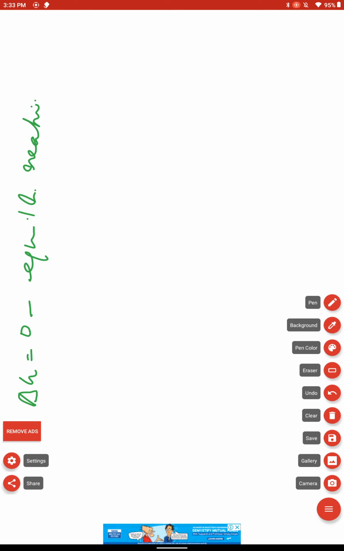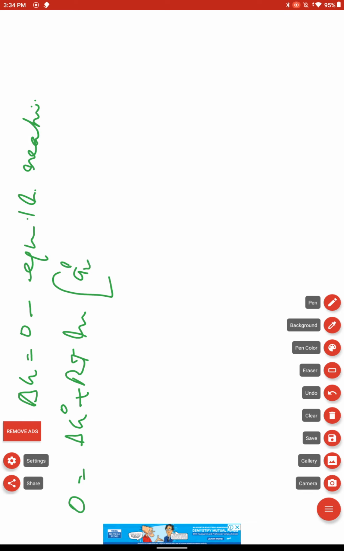Then what happens? Delta G0, the equation becomes 0 is equal to delta G0 plus RT ln